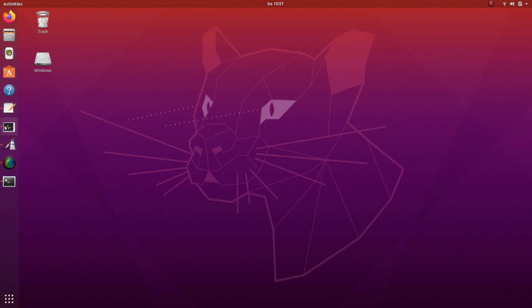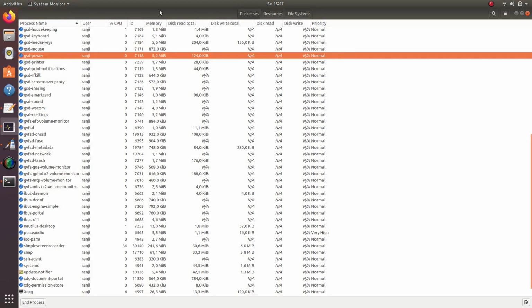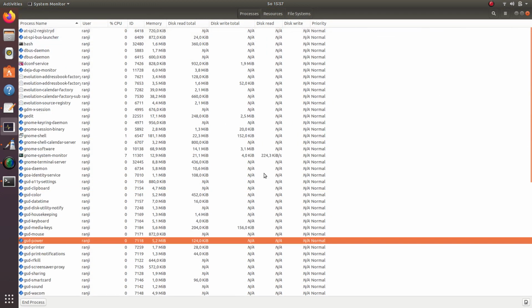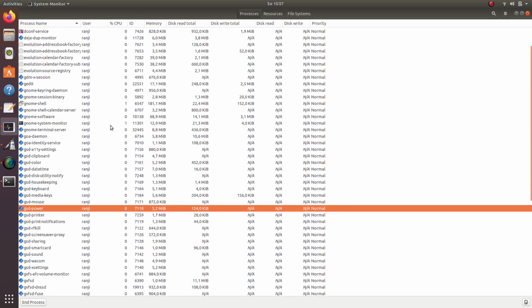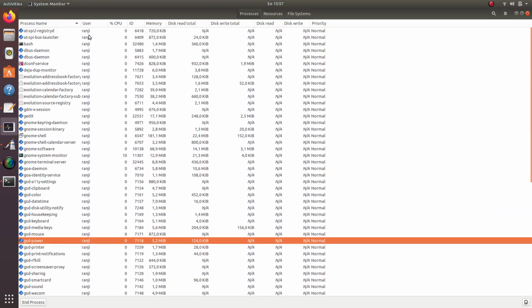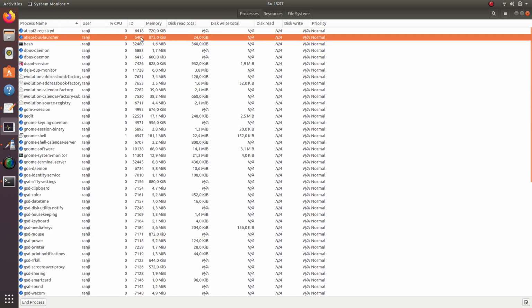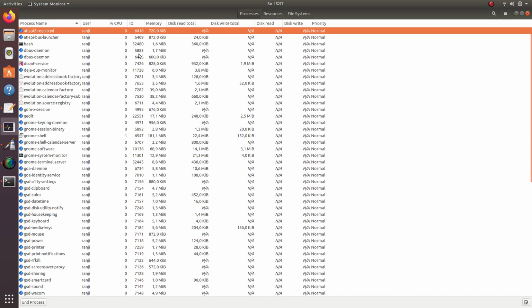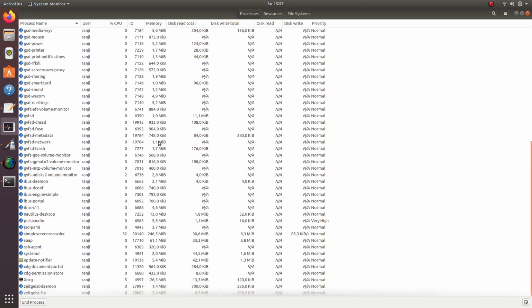Here you can see the system monitor that is available in Ubuntu. Currently on the screen there are some processes running, and you can see the user, that is me, the process ID which is currently running, and the memory allocated to each process.